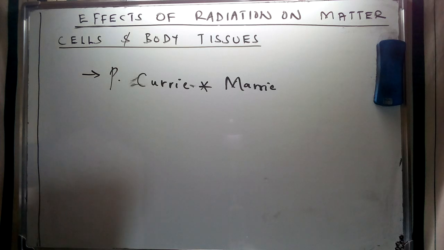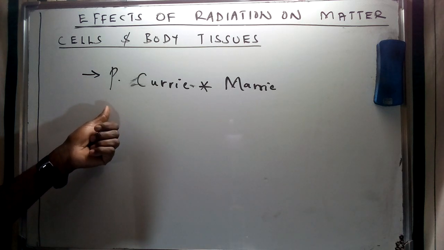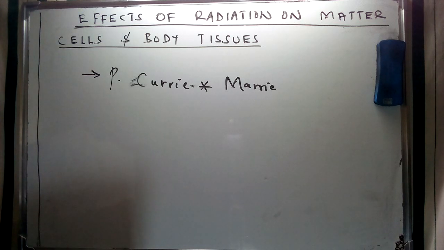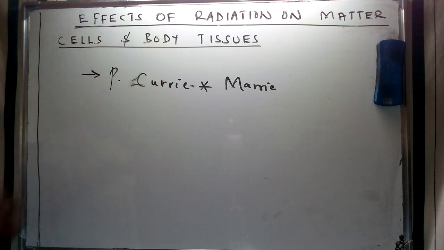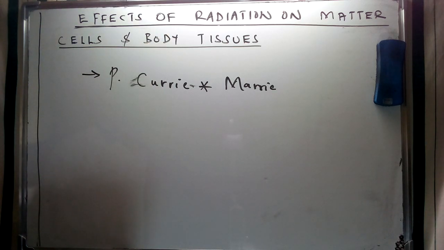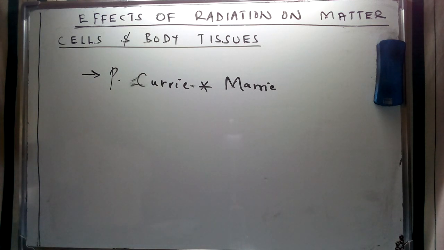We had seen that one of the discoveries of Pierre Curie and Maria Curie was that radium caused skin wounds when it came into contact with the body. And these skin wounds were difficult to heal, and that was one of the challenges posed by this specific radiation. So today we're going to look at the interaction of radiations and the cells of the body.